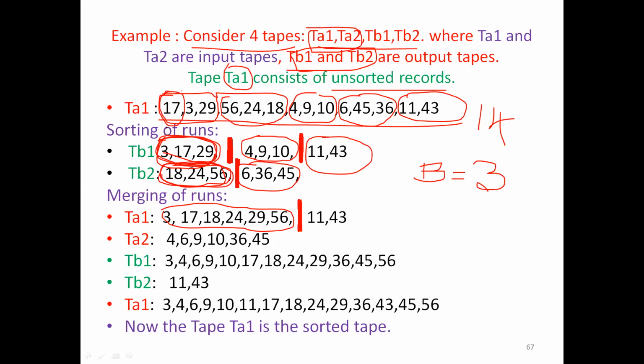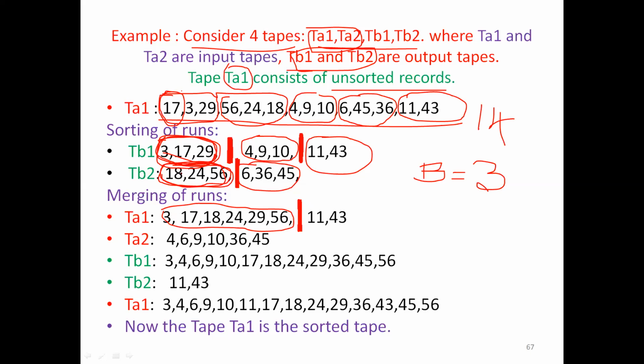Now, how will you do the merge phase? You know this is one array and this is another. I'll take the 0th index of TB1. 3 is compared with 18. Which is lesser? 3 is lesser, so I'll place 3. Then I increment my I value, as I showed clearly in merge sort. So it goes to 17. 17 is compared with 18, and 17 is lesser, so I place 17. Next, I is incremented and moves to 29.